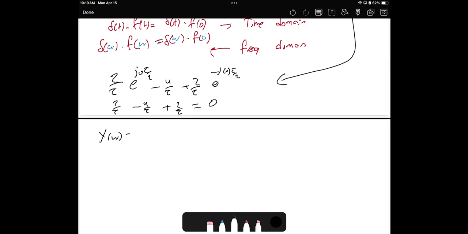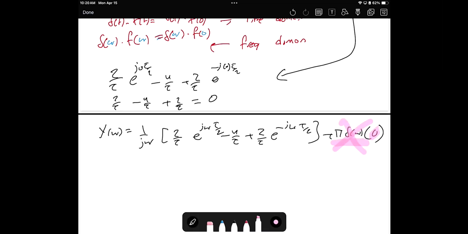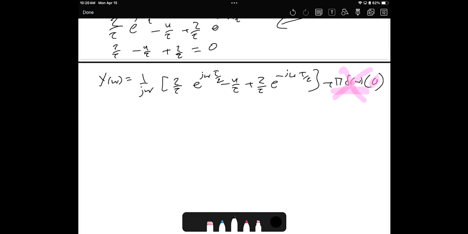Y of omega equals 1 over j omega, 2 over tau e power j omega tau over 2 minus 4 over tau plus 2 over tau e power negative j omega tau over 2, plus pi delta of omega times 0. That's what we got. We got 0. And anything times 0 will be 0. As a result,